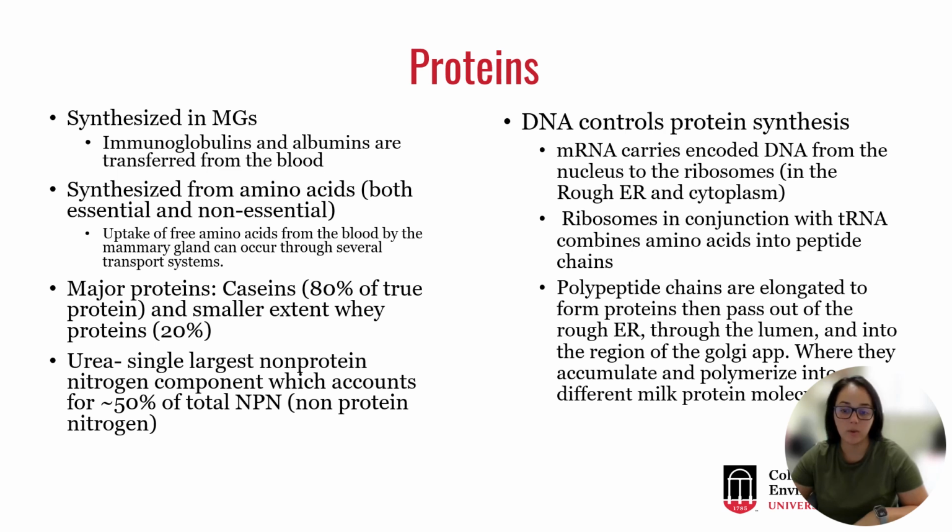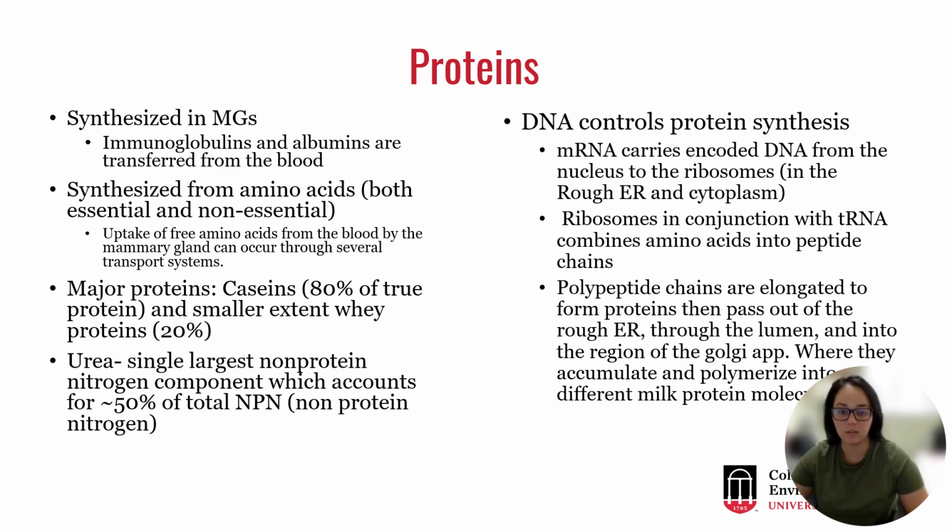The polypeptide chains are then elongated to form proteins, which then leave the rough endoplasmic reticulum through the lumen into the region of the Golgi apparatus, where they accumulate and polymerize into different milk protein molecules. So that's a little bit of how DNA